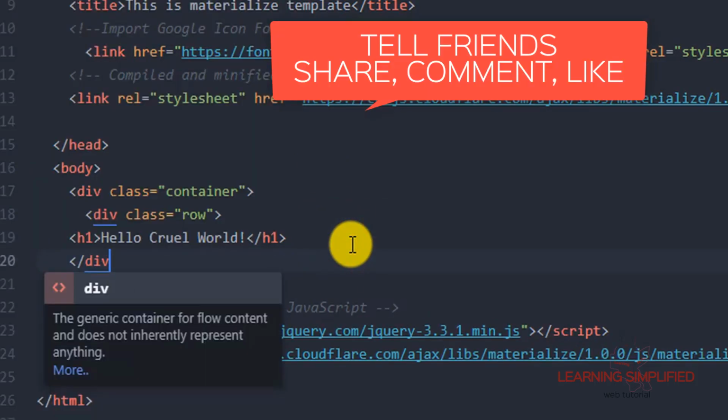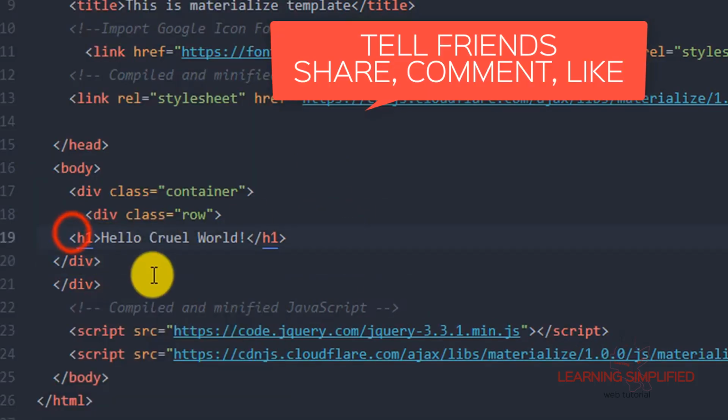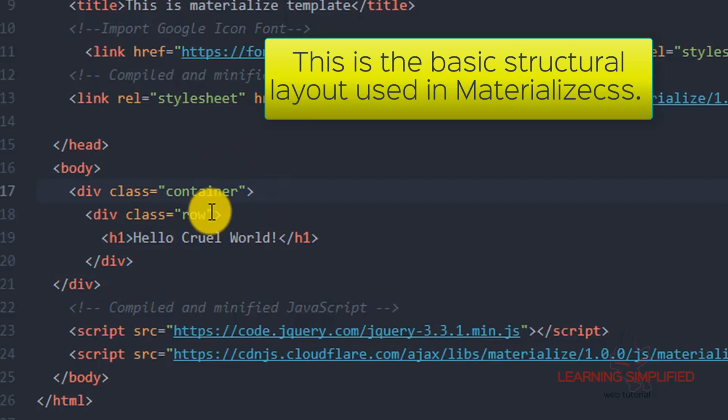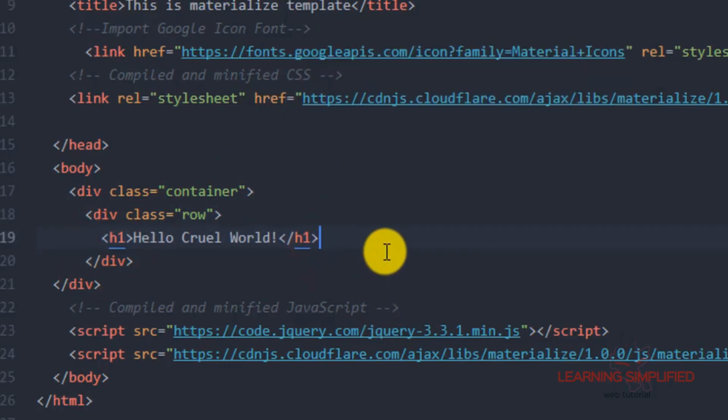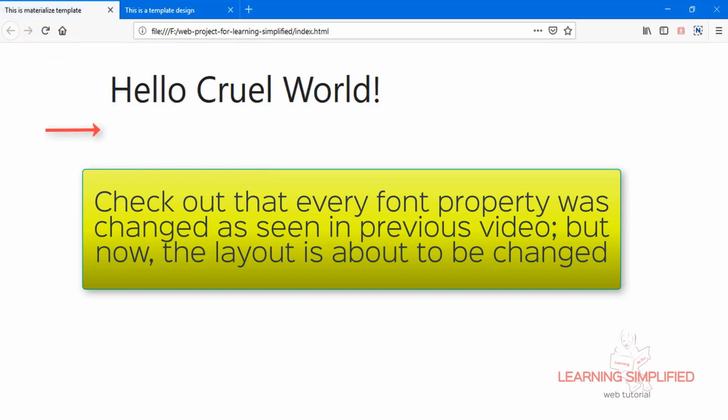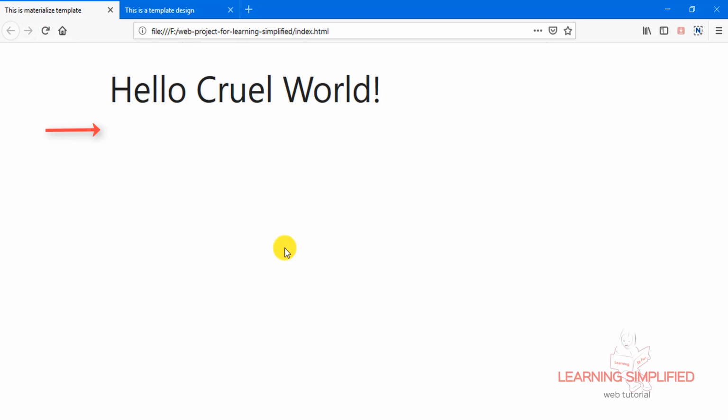Another thing, we are providing here a div with class row. As we have seen in our Bootstrap responsive structure, we used the same class name over here, this class of container, then this class of row, and then we put this particular h1 tag over here. Now if we just press Ctrl S and get back to our project, watch it with utmost attention. It is right now shifting at the extreme left of this web page. Now if we reload, we can see that it is shifted a little bit towards the center.